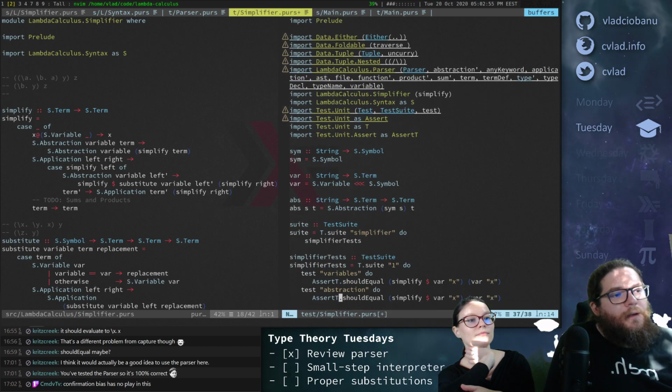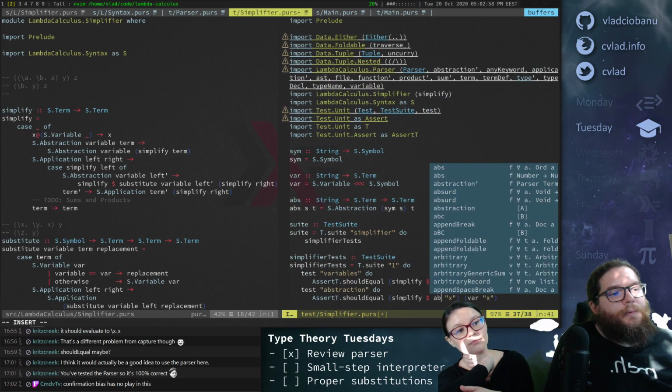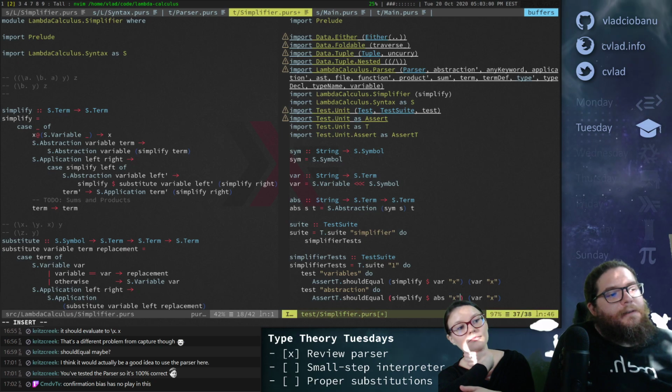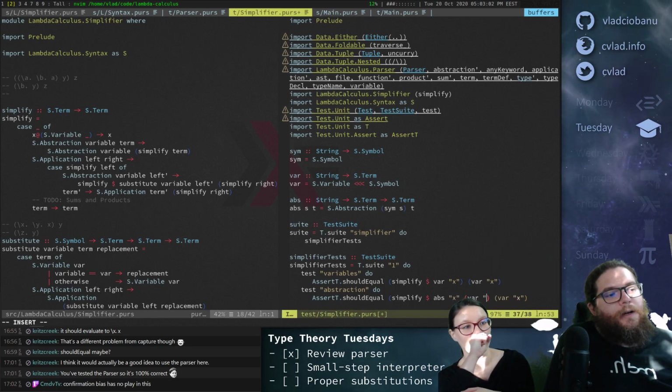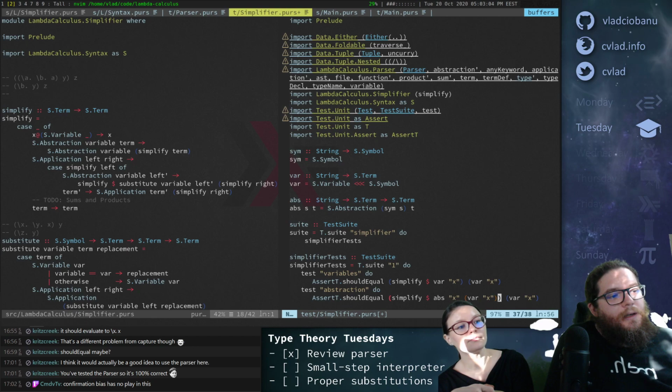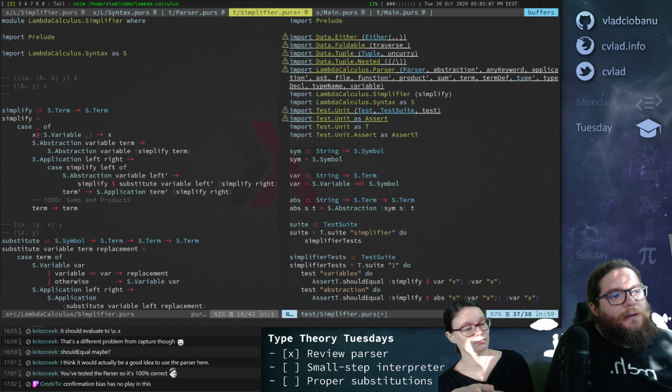Something like that. So we could say something that if we do an abstraction x and var x, for example, we should get back the same thing.